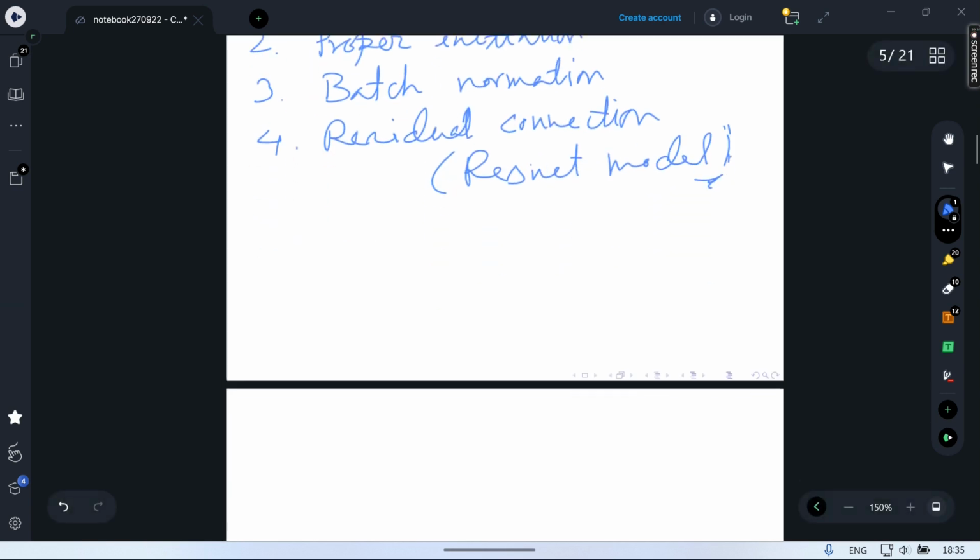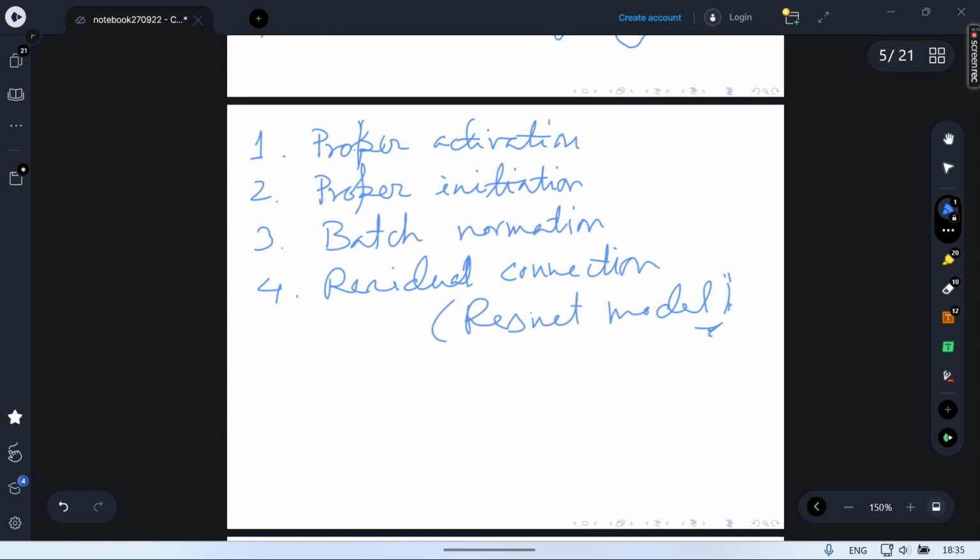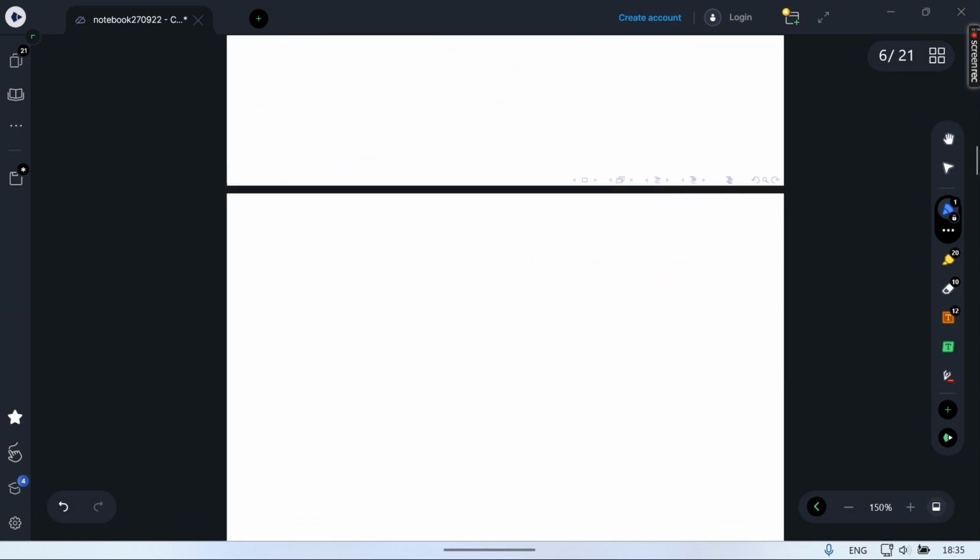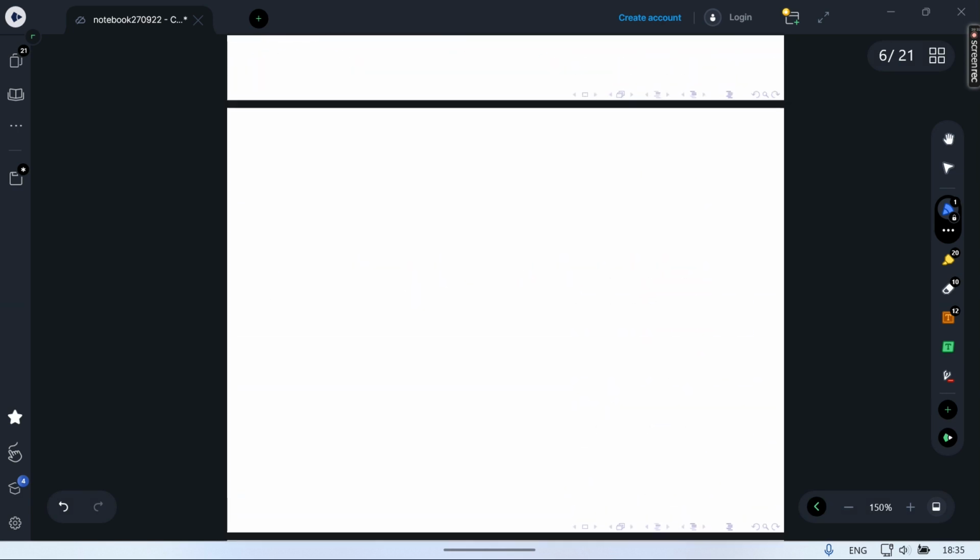Okay, so let us discuss those one by one. The first is proper activation. So let us first discuss the different activation functions one by one, and see what their advantages and disadvantages are, and for which activation function the vanishing and exploding gradient problem is more than the others. Okay, so first let me